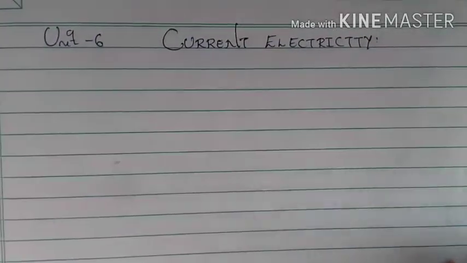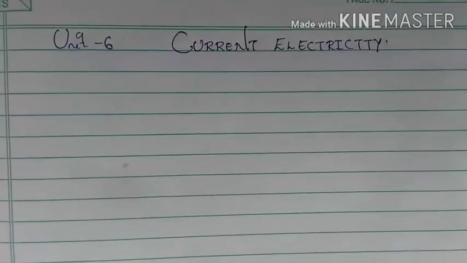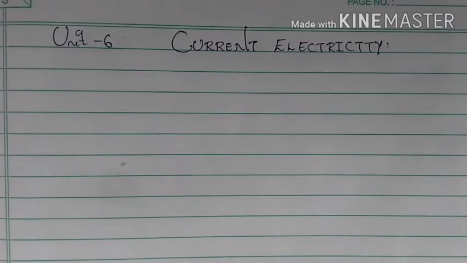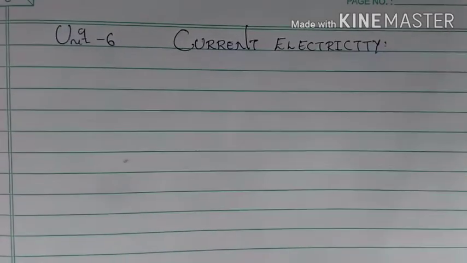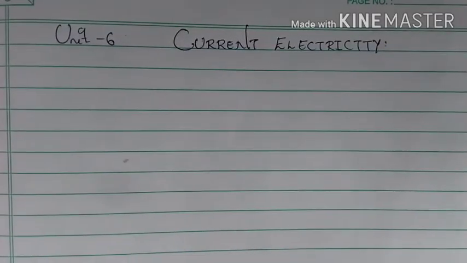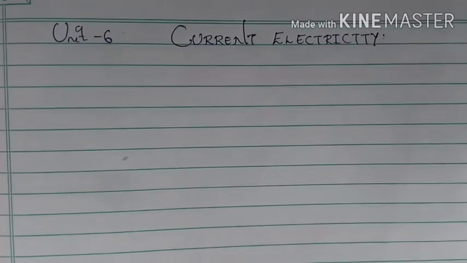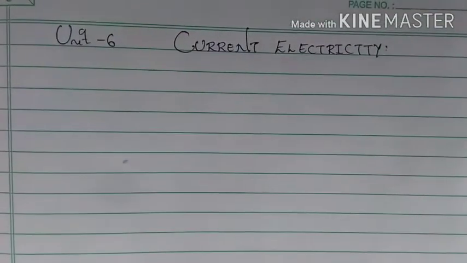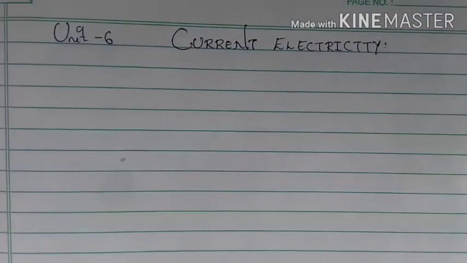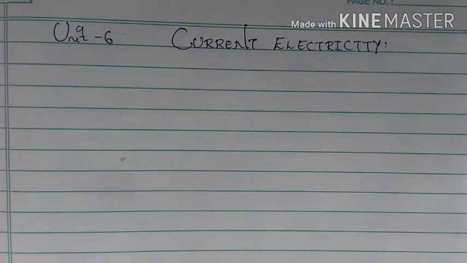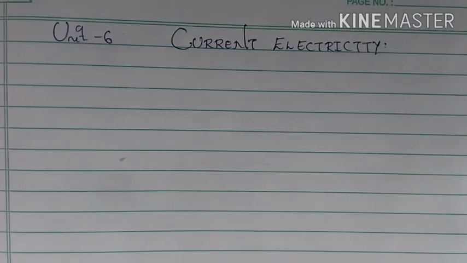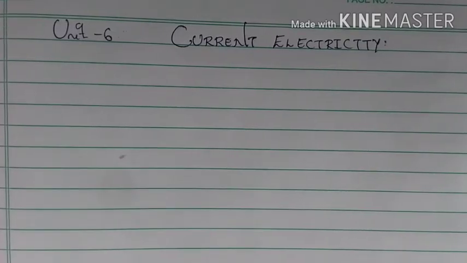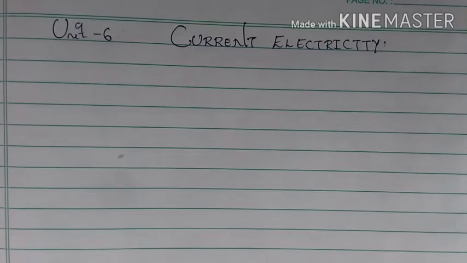So today in this class I'll be discussing the new unit number 6, that is current electricity. You might have learned a few concepts of current electricity in your PUC first year or second year. Again, here in these BSc lectures you will be learning the same thing. First you have Laplace or Biot-Savart law. I think you all might have learned that in your PUC second year, I guess.